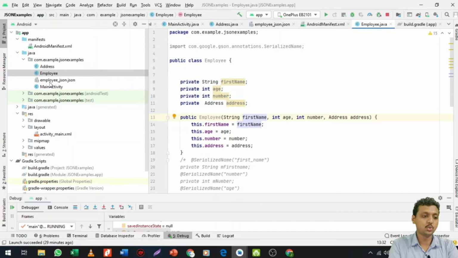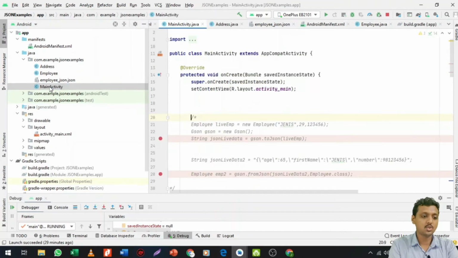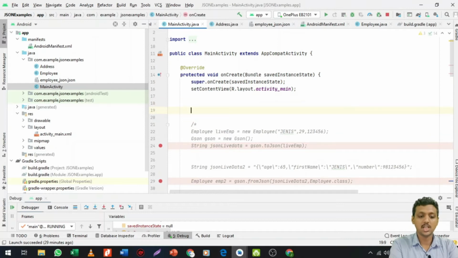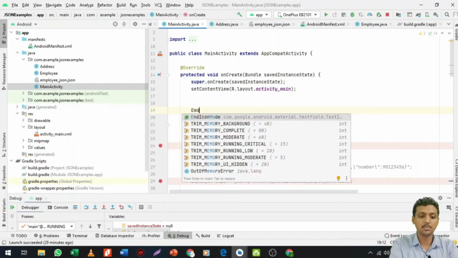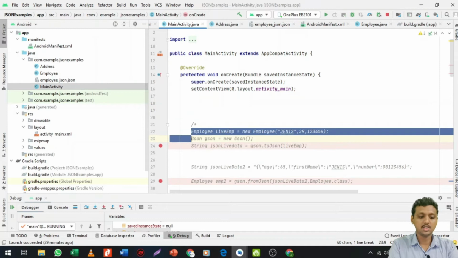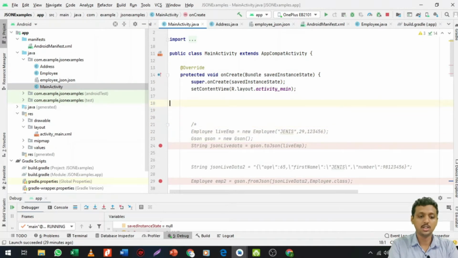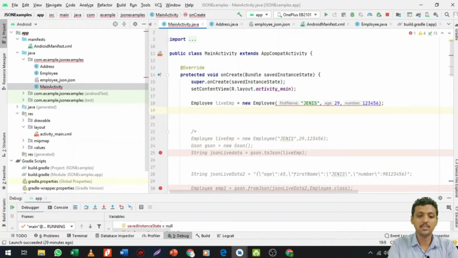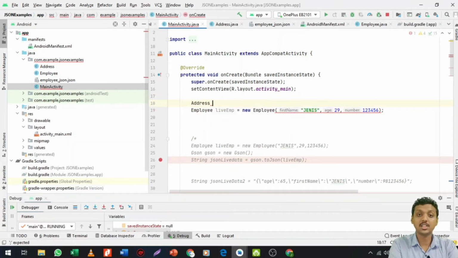Now what we are going to do, students, is go to the MainActivity.java class, creating the Employee object again. Let me just copy it over here with the name liveEmp. Now it shows an error because we first need to create an Address object.